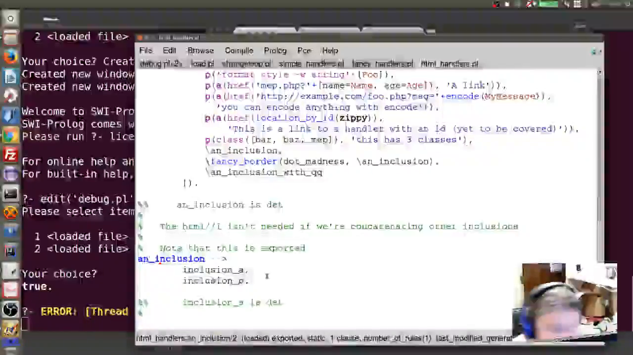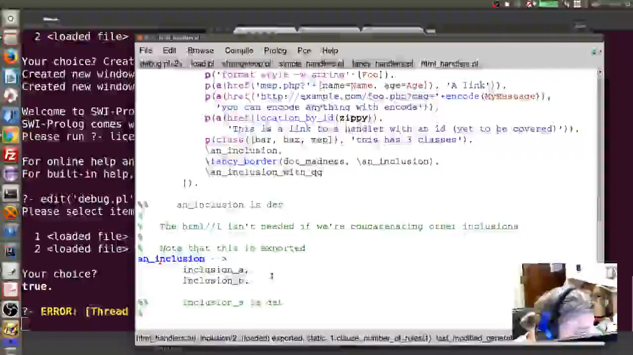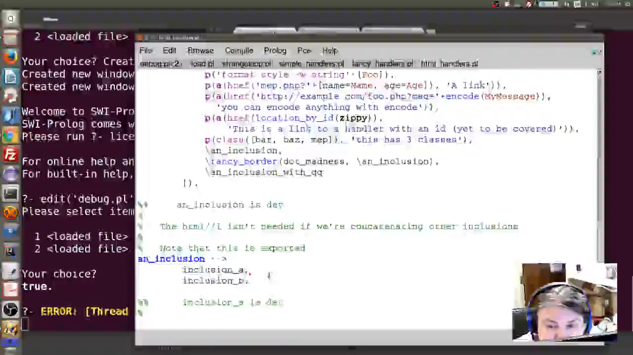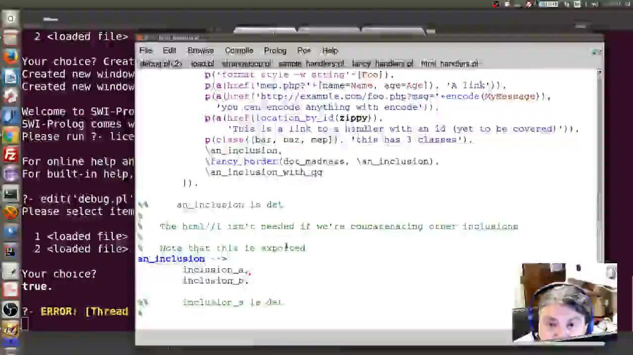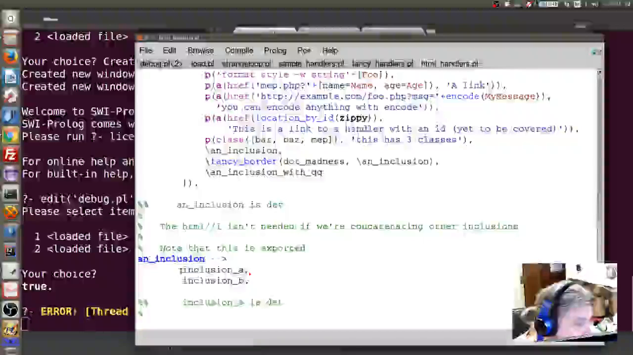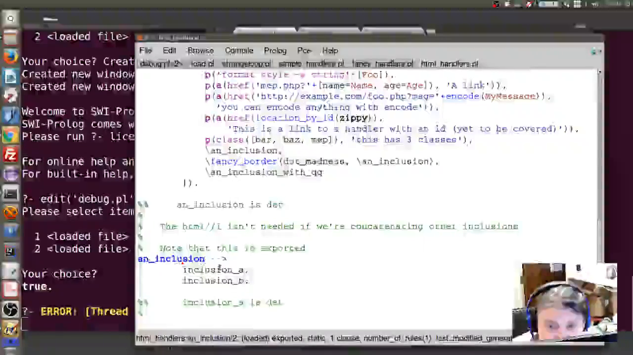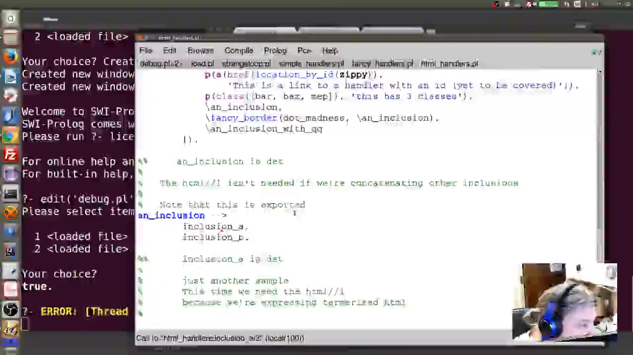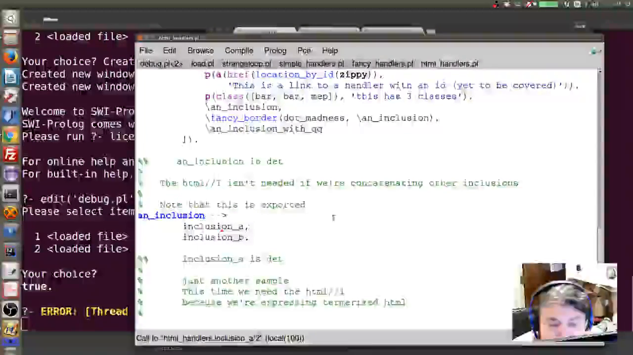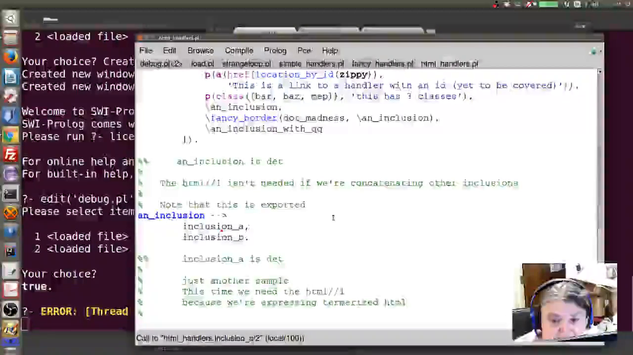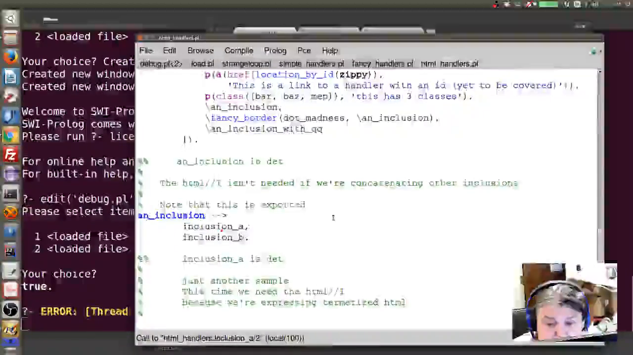Okay, here's the definition of an inclusion. It too is a DCG. And remember that we're actually on the tokenized HTML side of the world. So when you enter an inclusion, you're in tokenized HTML. You'll need to use HTML1 to get back to